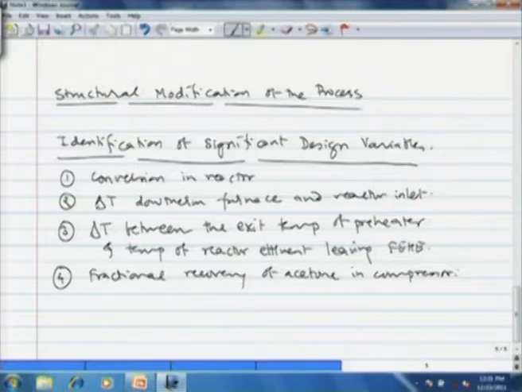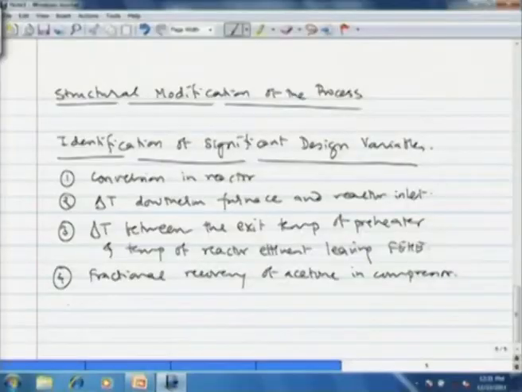The hydrogen stream that emerges from the flash drum contains mainly hydrogen, that is the side product of the process. It may contain some impurities of methane or ethane because it comes from a reforming process. Now, acetone being rather volatile, some acetone leaves with that stream. Not all of the acetone condenses in the flash drum. Now the recovery of that particular acetone is essential because hydrogen is compressed before it is used for other purposes, and during that compression acetone condenses which can be recovered. So that is another design variable.